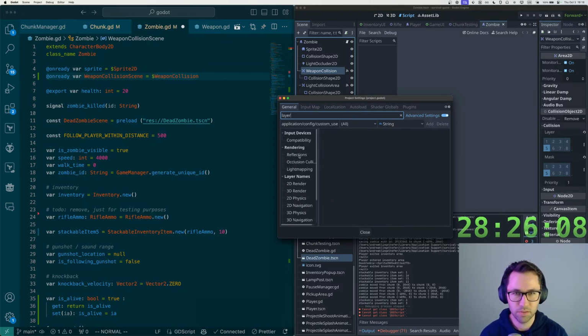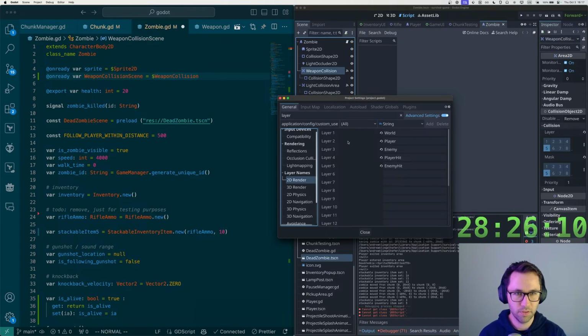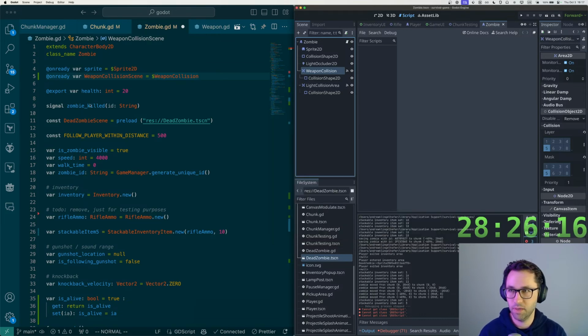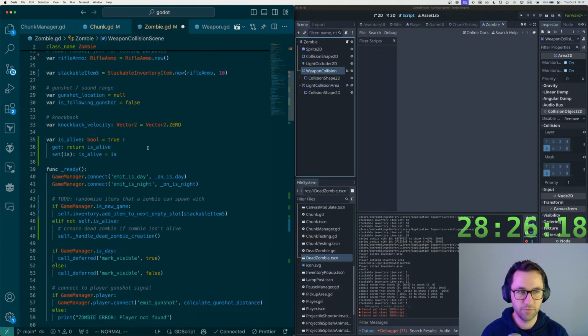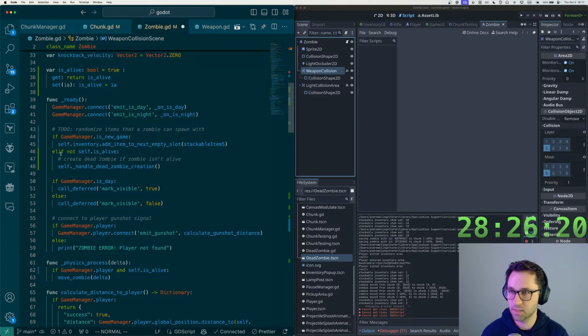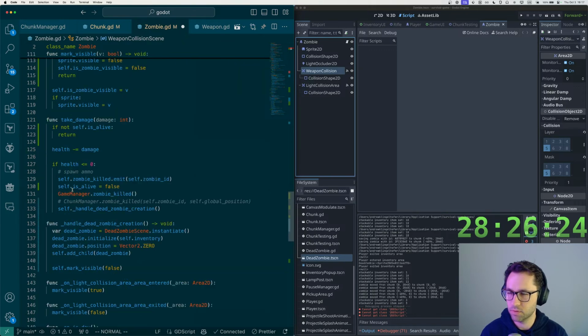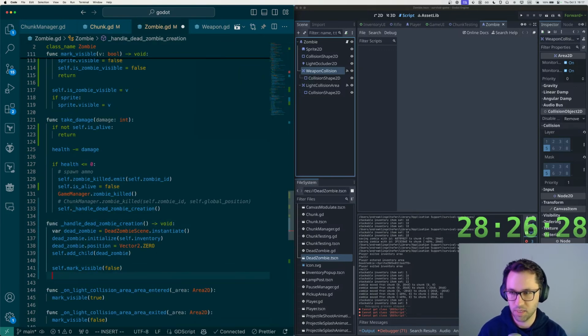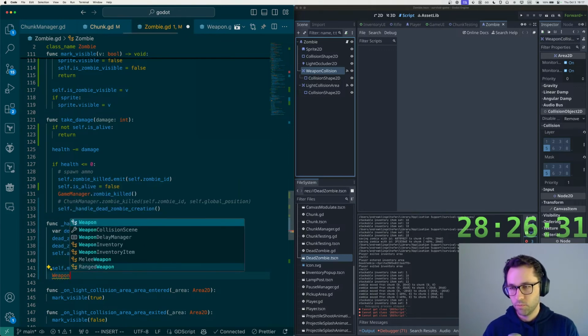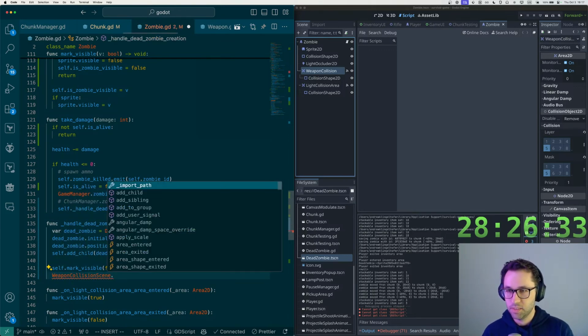I think there's, is it 2D render? Yeah, okay. So layer 5 is enemy hit. So I think I want to set layer 5 for weapon collision to false for both layer and mask. So when I do handle dead zombie creation, I also want to say weapon collision scene dot